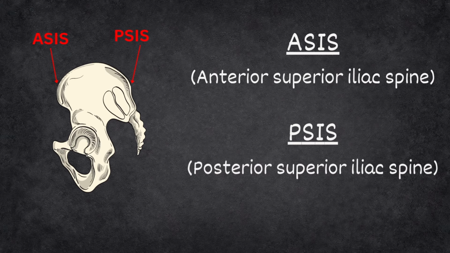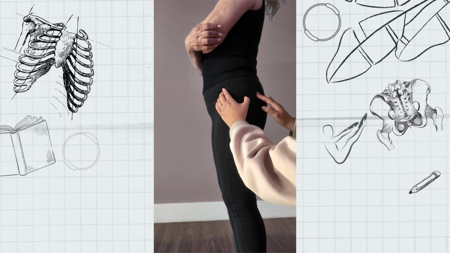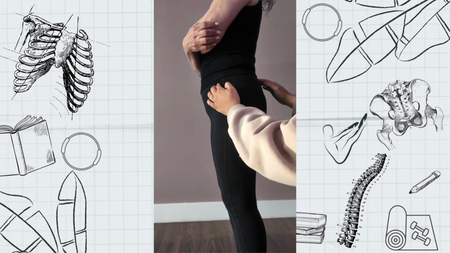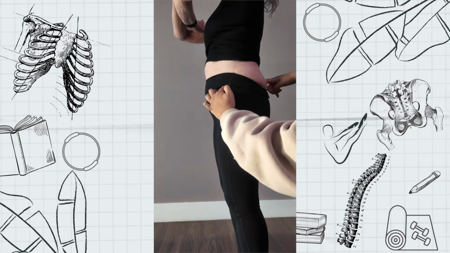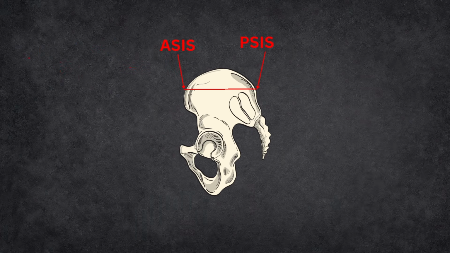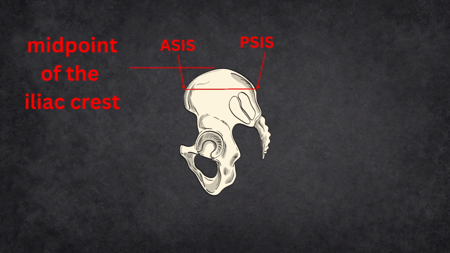To find them, we just palpate the very front of the hip bone. It's going to be that very bumpy part at the front. And then the back of the hip bone. It's usually those little dimples on the back. From there, we can find the midpoint of the iliac crest. So if we draw our hands up the top of that hip bone, we're going to find the midpoint of